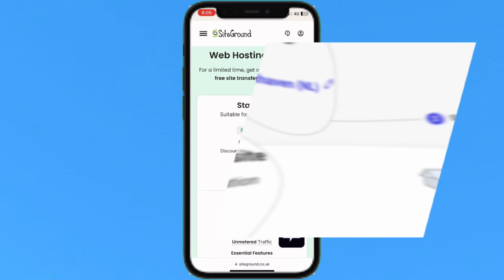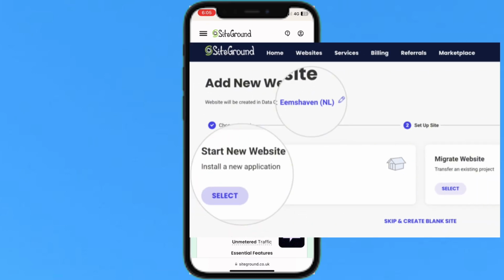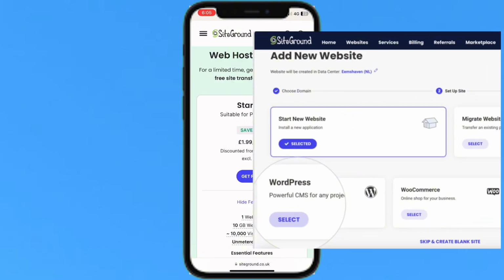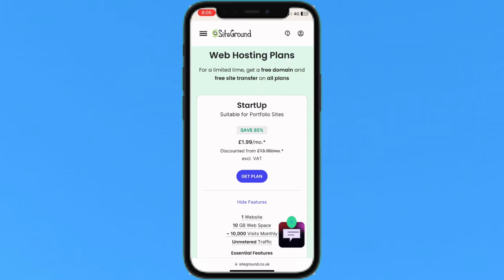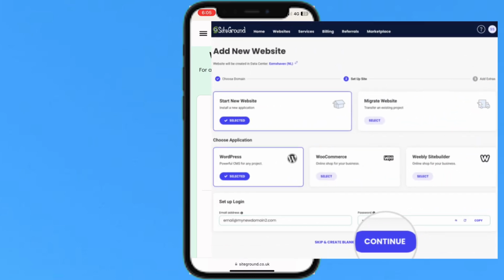And after logging in to your account, click the pencil icon next to the data center name, and the website will be created in the data center line. Just tap on it, and after choosing an application for your site, WordPress, and setting up your site login details,